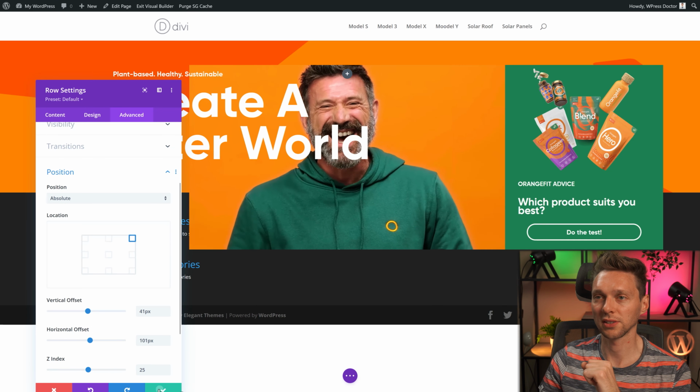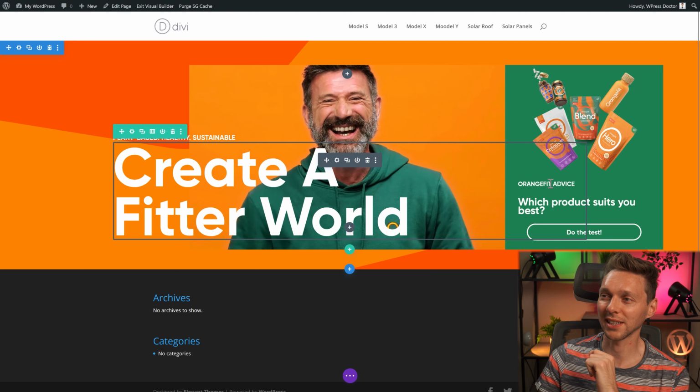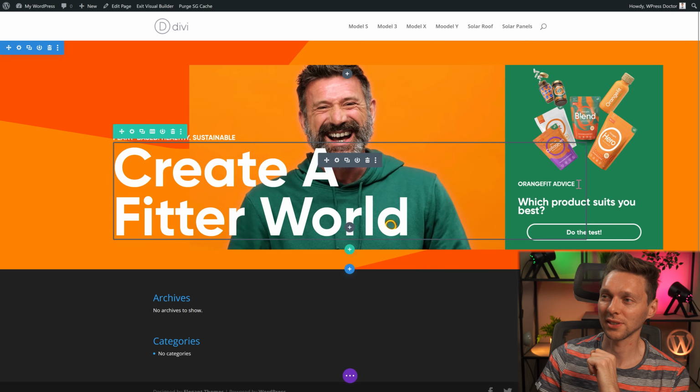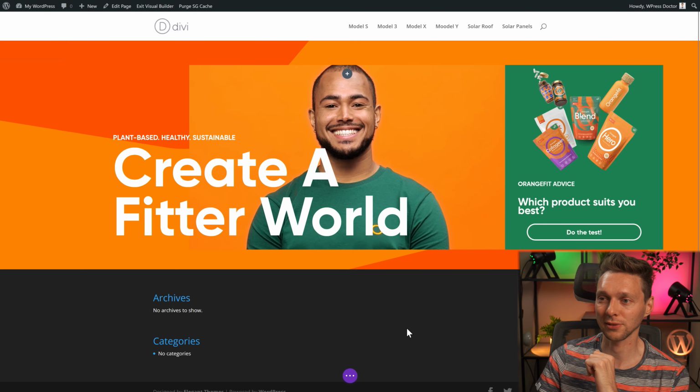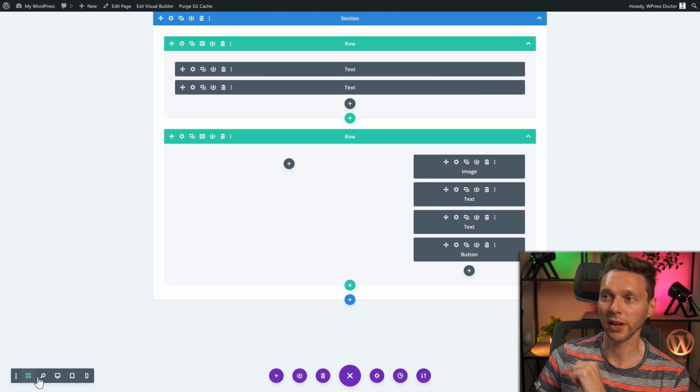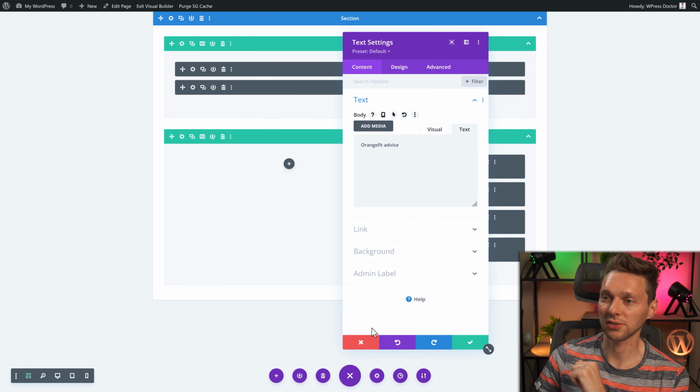When you're changing the z-indexes, now I have a problem with selecting the right thing. As you can see, it is very hard for me to click on it. So how are you going to fix this? So you go to the wireframe mode and then you can actually change the image or the text. Go back to desktop view and you go to spacing and then we can give it a margin of whatever we want.